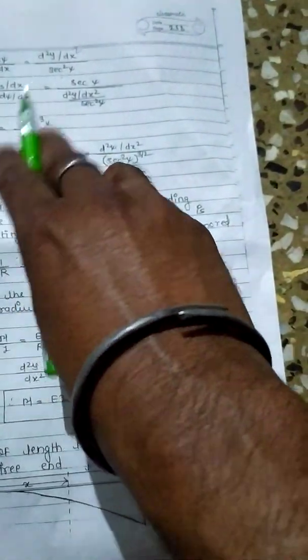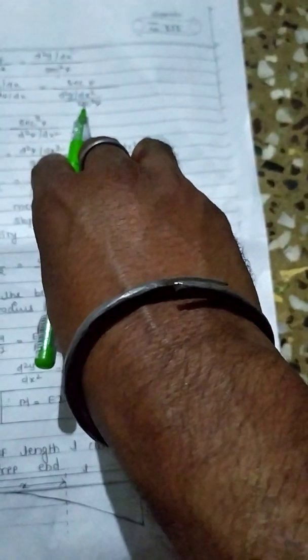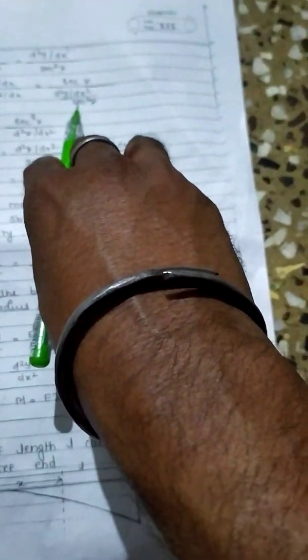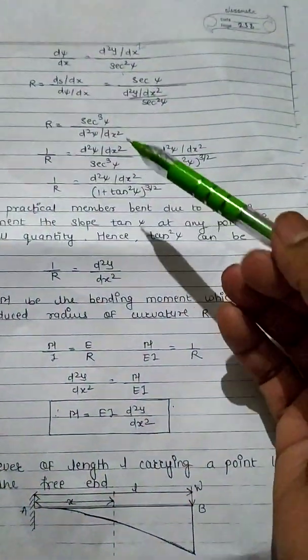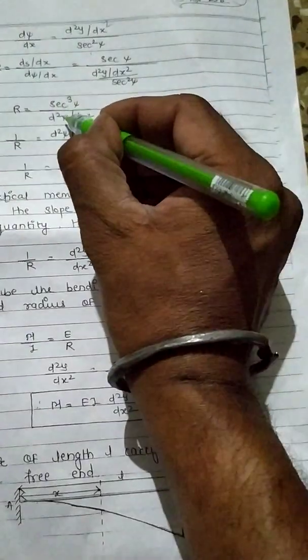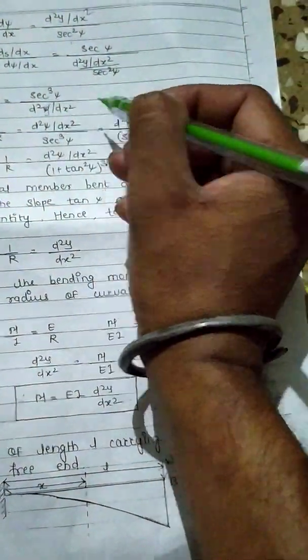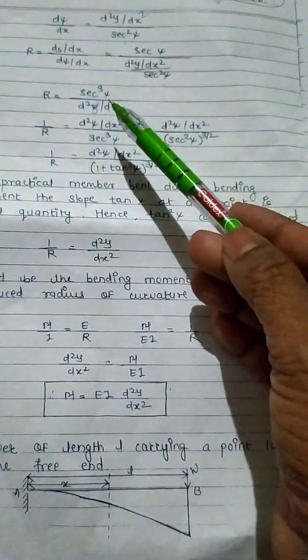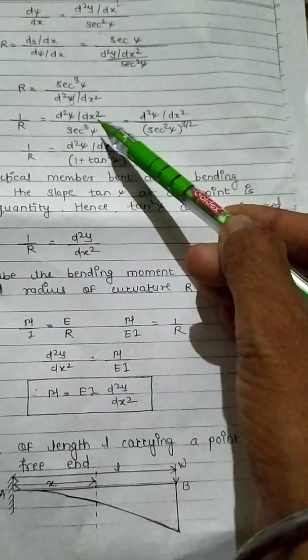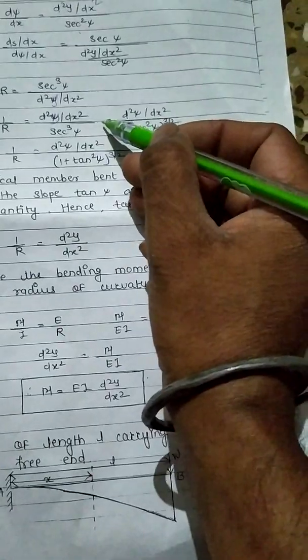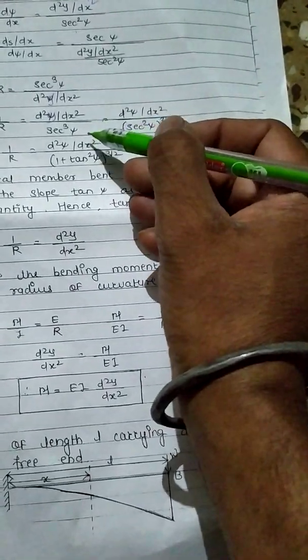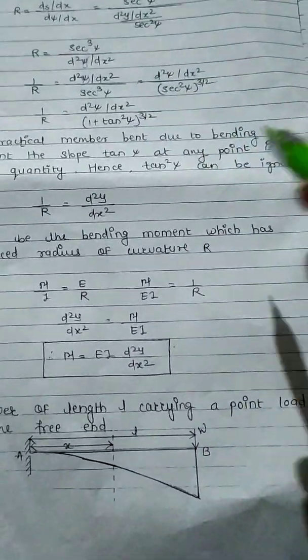So R is equal to, we multiply sec square psi with sec psi, so it becomes sec cube psi upon d square y upon dx square. So 1 upon R is equal to d square y upon dx square, the whole term divided by sec cube psi,